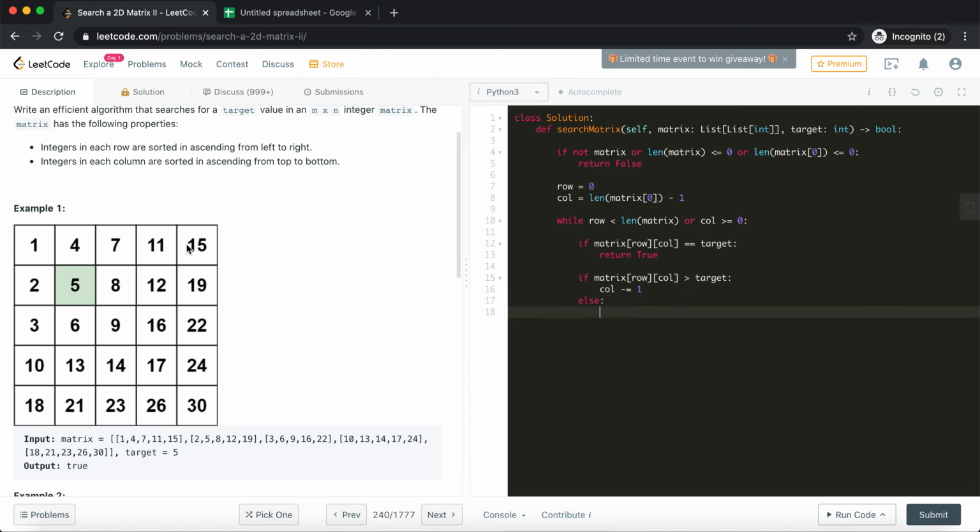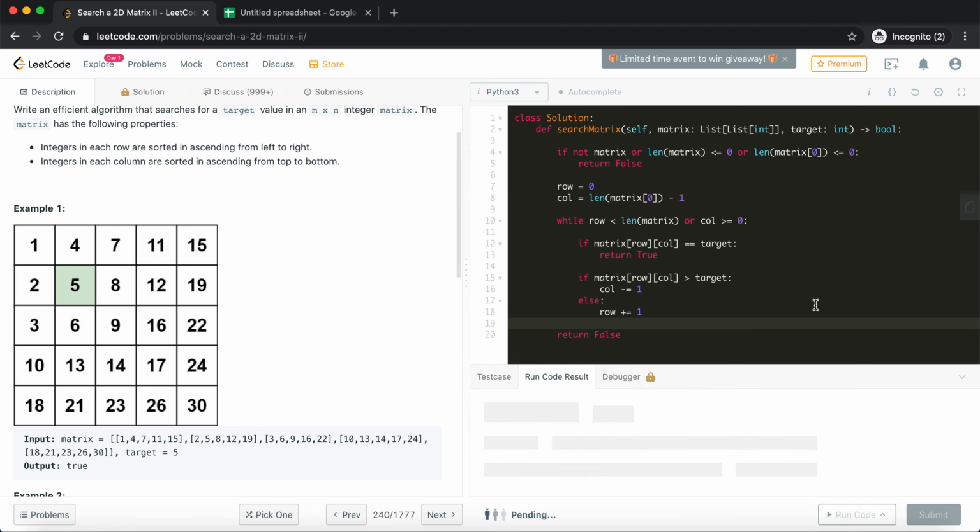Otherwise, if this element is less than the target, we know the target is somewhere downwards, so we'll adjust the row and increment it by 1. If we somehow come out of this loop without finding the target, then the target doesn't exist. So that's the code that we need to write.